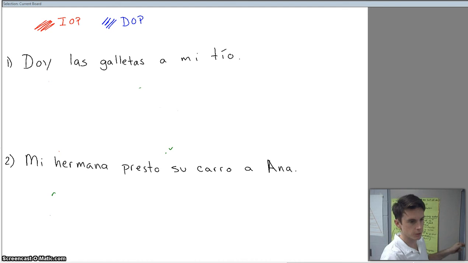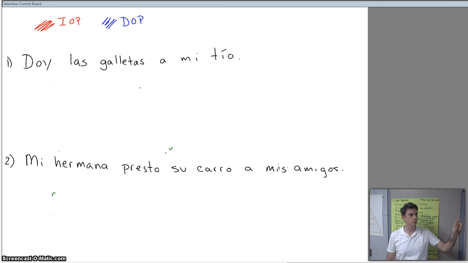I want to change the person here, and I want to make it "mis amigos." Okay, I want to make it mis amigos. So let's go through these two sentences and